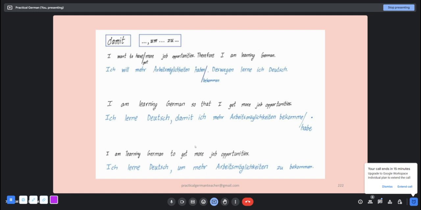So I learn German to verb, object, whatever that verb will be. Here the verb is get. That's why we have bekommen. If the verb was to earn, then instead of bekommen we will have verdienen. But zu verdienen, zu haben, zu bekommen. And after that you provide the object, so job opportunities. Rishabh said more money, mehr Geld zu verdienen. But this is just a phrase. We cannot interpret a meaning out of that, but we need to use it like this.